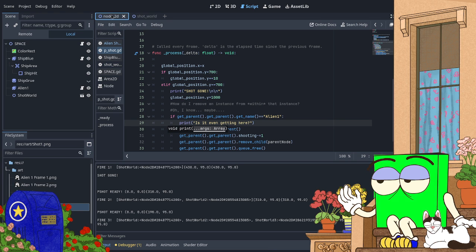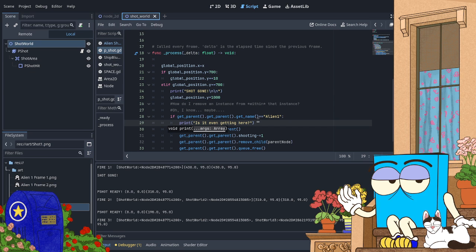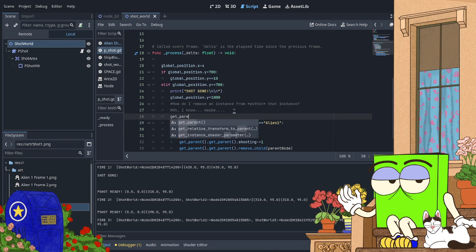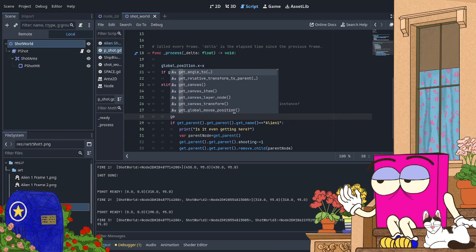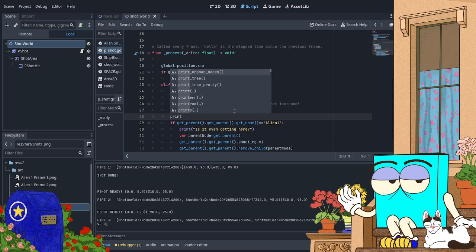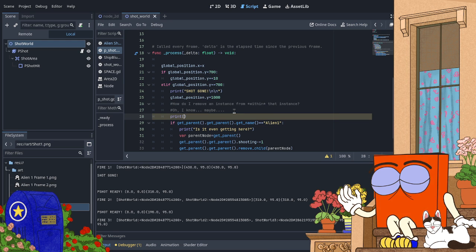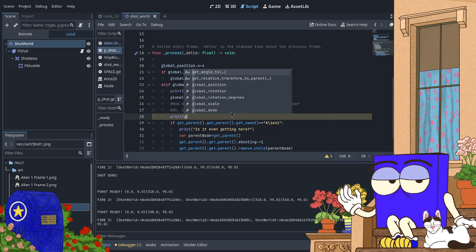It's not. So the problem is get parent print. Get.